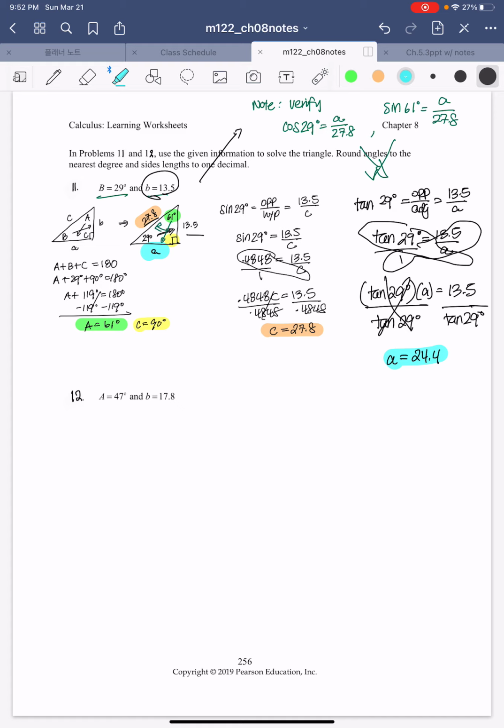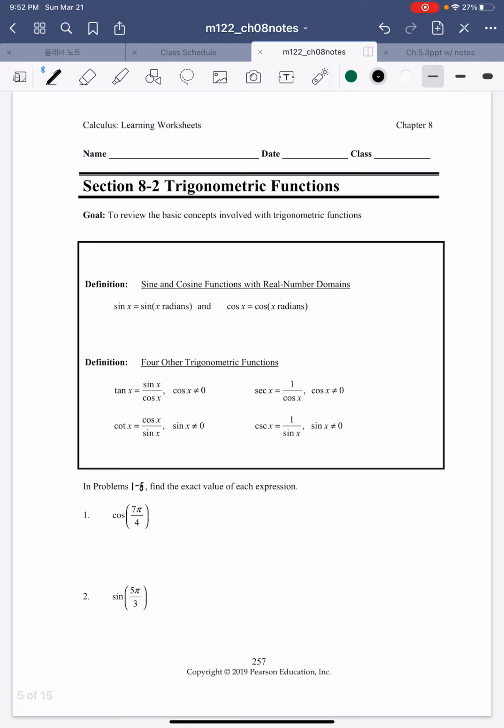So 12 is a try on your own problem, and then verify that everything works. It's the exact same thing, very similar, and you're going to end up having lots of choices to find the missing piece. All right, I'm going to jump right onto 8.2 because it's a very short chapter and also another